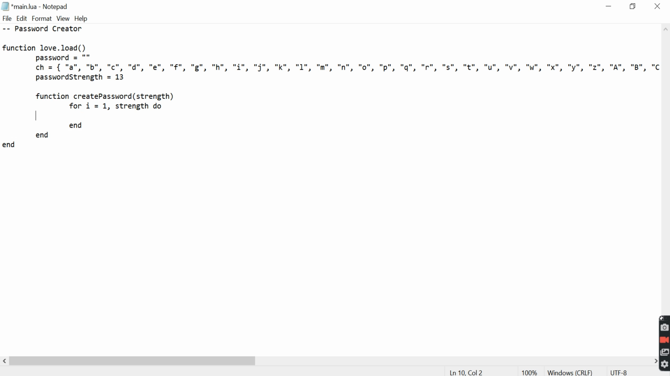Let's end this, and over here we will write password equals password, and, what's that? Okay, ch math.random,